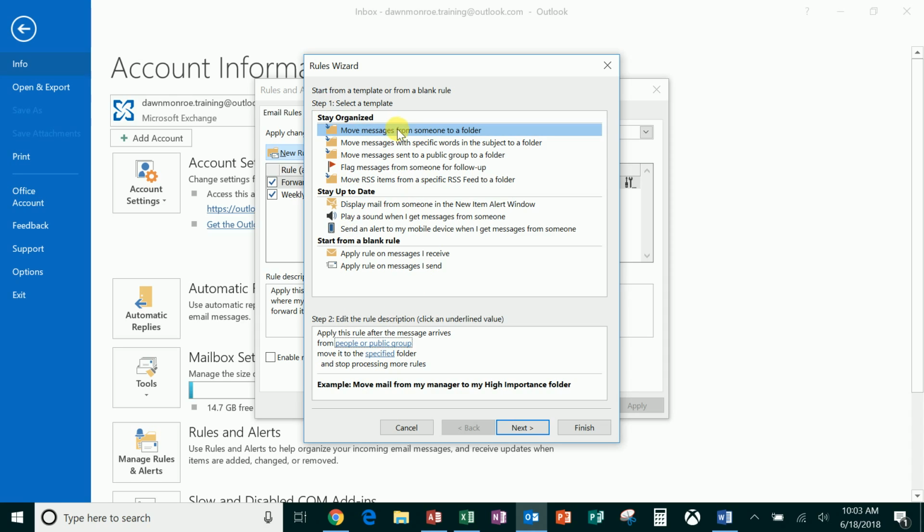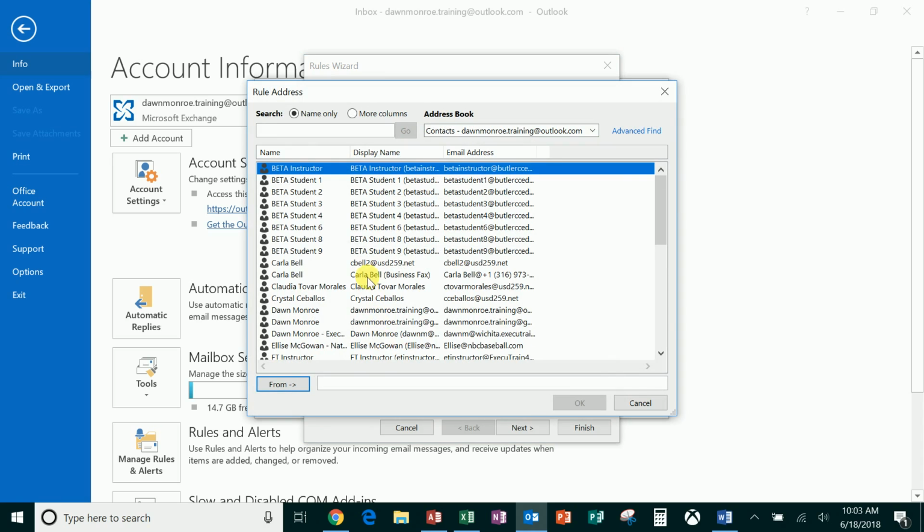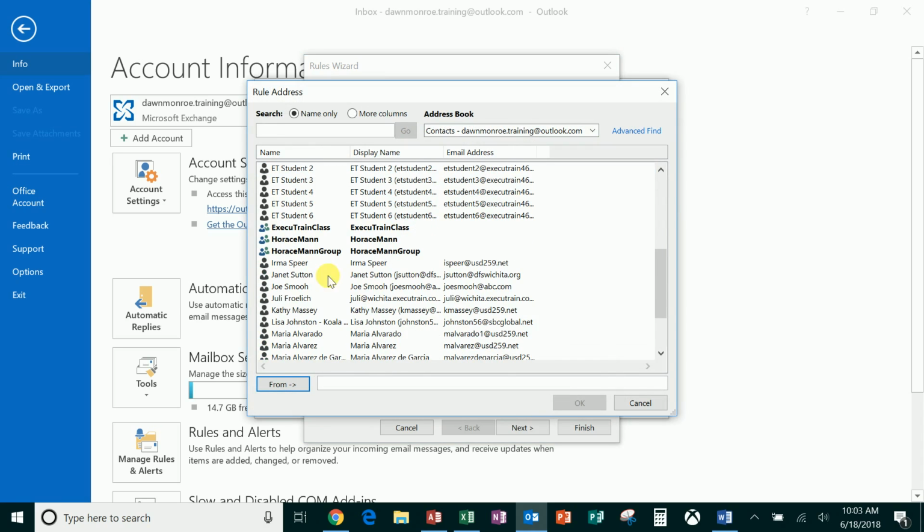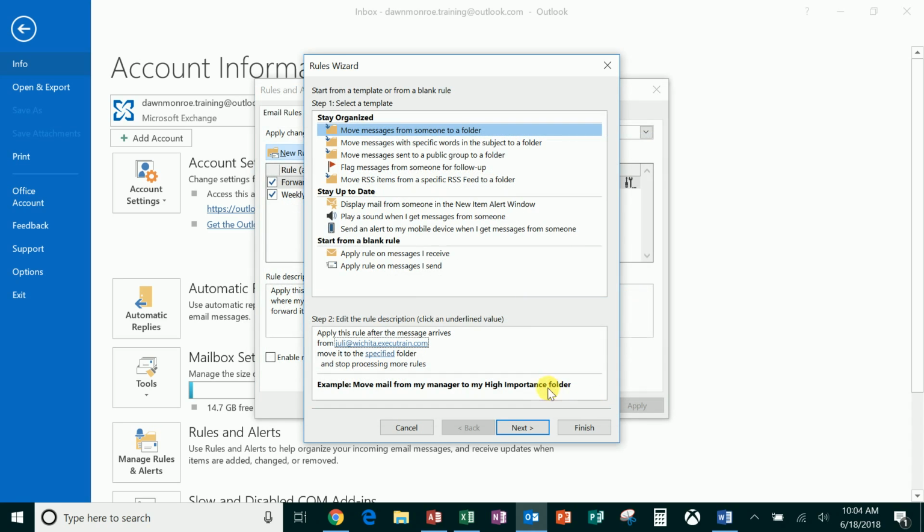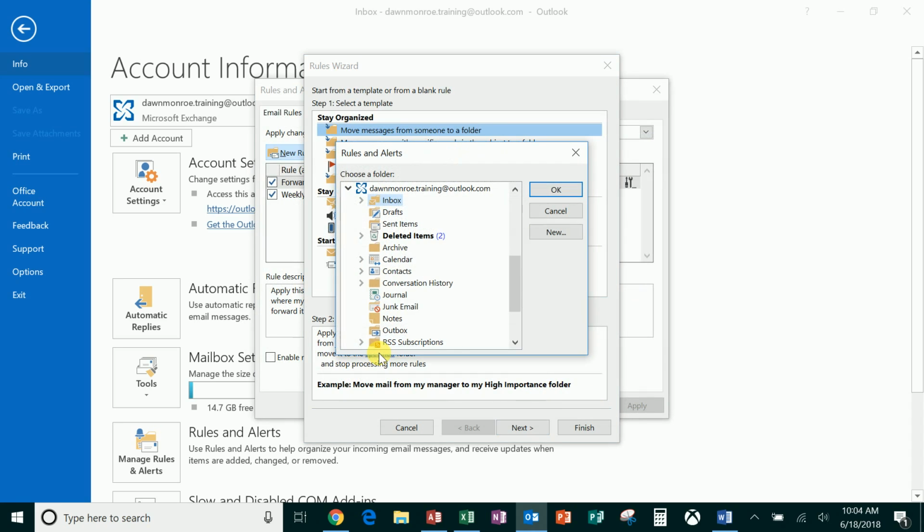So maybe I say move messages from someone particular into a folder. And then I just say next. But I see each of these things that I pick, I get to pick certain things. So if I say, okay, things from, let's say, a certain person, like here's Julie at my office, then I'll just say, okay, if I get something from Julie, I want it to go into a certain folder,